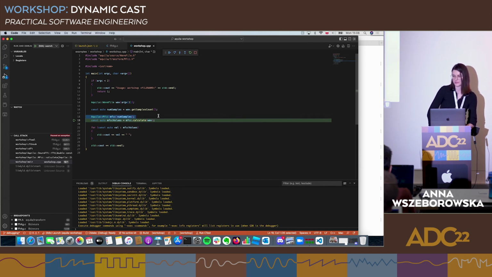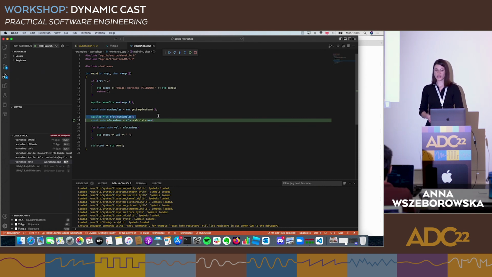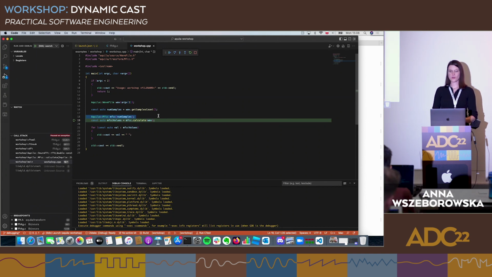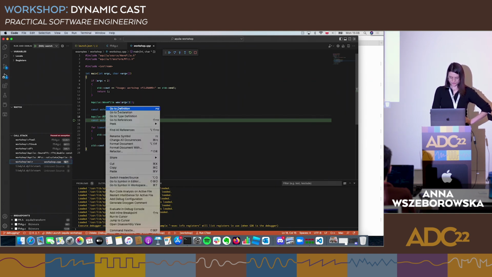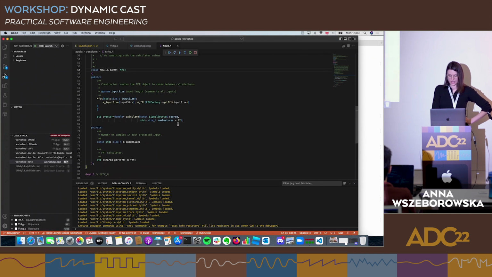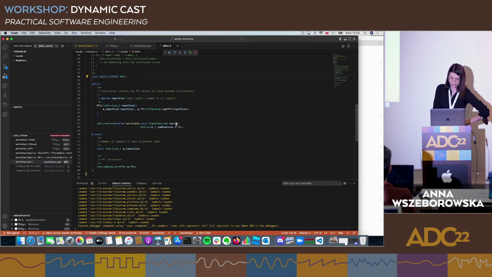What are MFCCs, right? I'm deliberately not explaining everything at once, because these are just the situations we may end up in with new code bases that are new to us. We don't know the names, we don't know what it does, and now we have to decide how important it is to us to understand every single component, right? So if we go to this MFCC, go to definition, we have a short explanation that MFCCs are